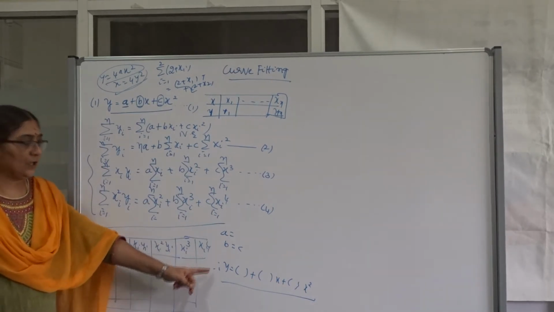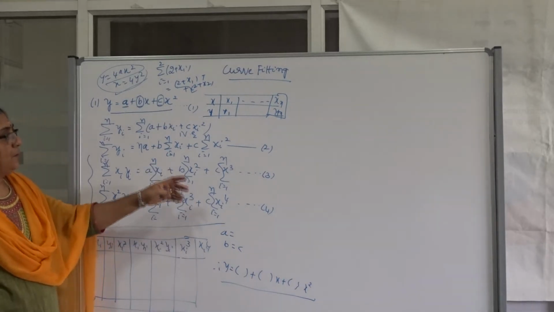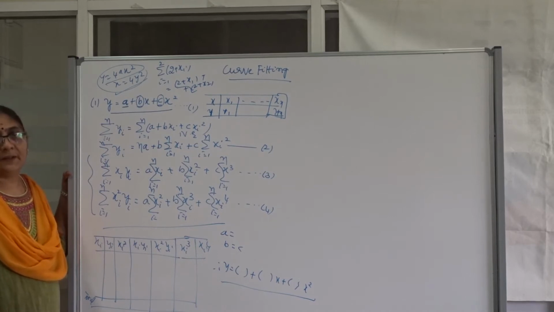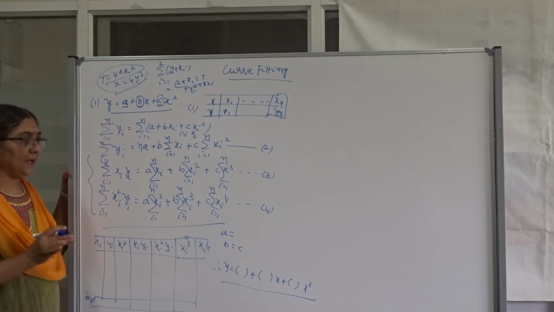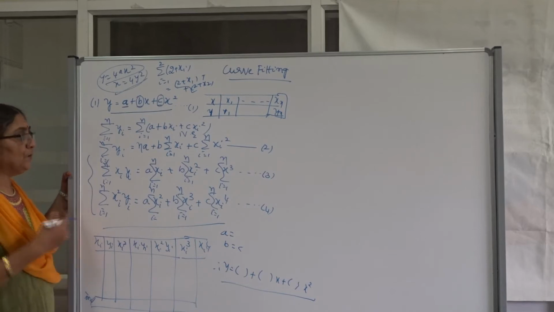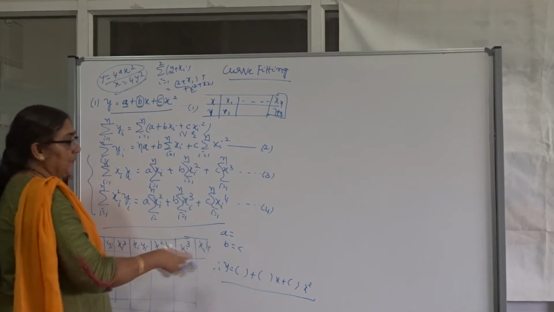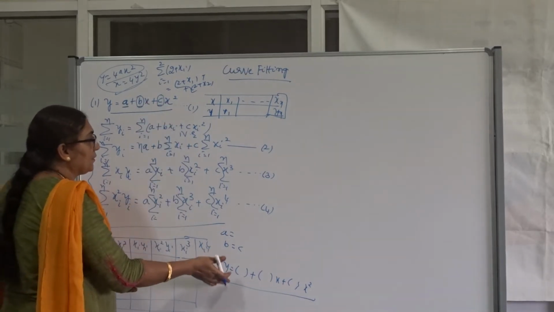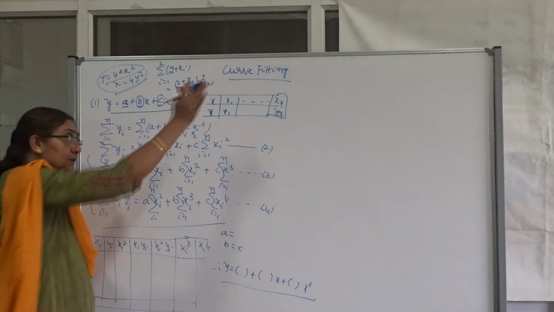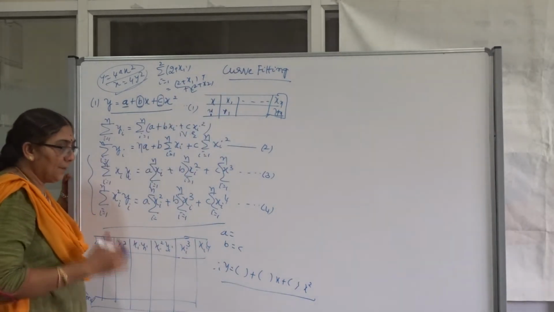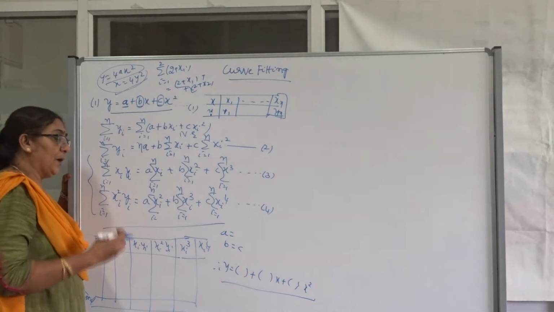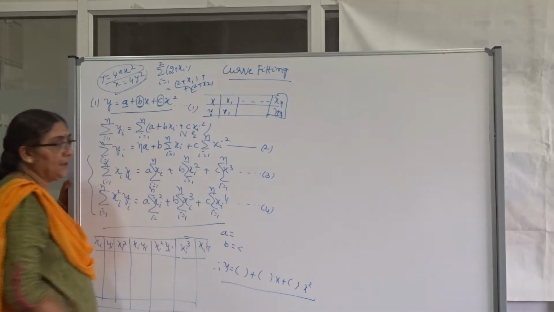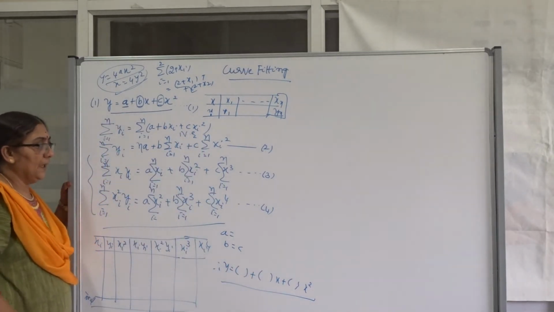This is an equation to the parabola from the given set of data by using the method of least squares. Mathematically, we are finding the best approximation equation. Once we get the equation, if you plot it, we get a parabola. Then we say that this is the best approximation parabola for the given set of data or original data. Are you clear? Mathematically we are explaining how to find the best approximation equation, or equation of the parabola, from the given set of data by using the method of least squares. I think this is clear.